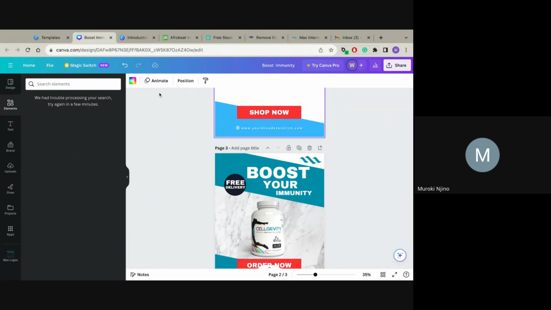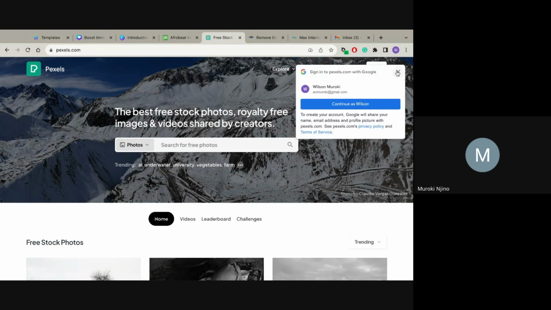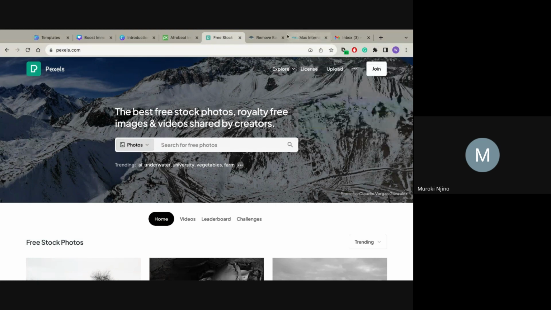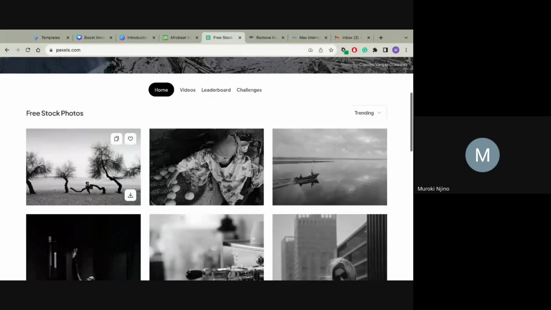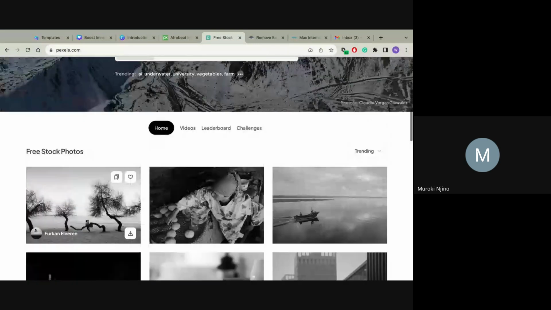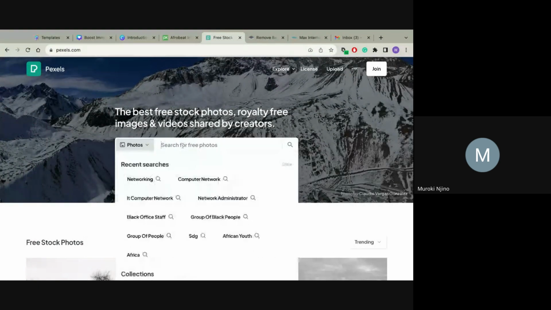So for the images, we have a site called pexels.com. I'll be putting all of these sites in the chat. On pexels.com, you can get all kinds of images for free. So if you're looking to do maybe something athletic,